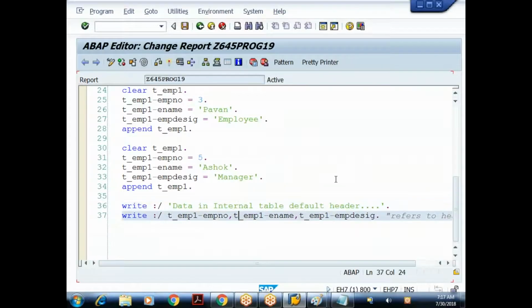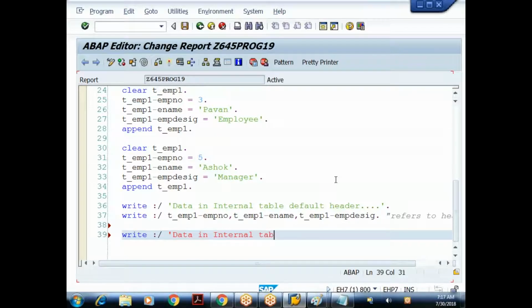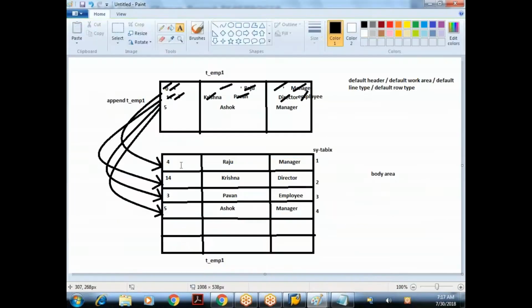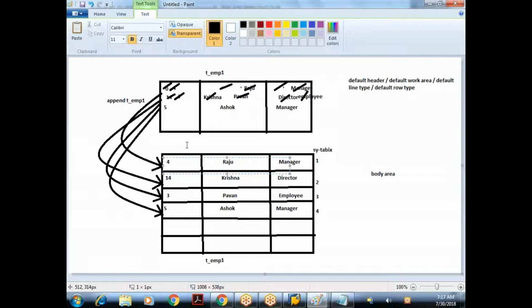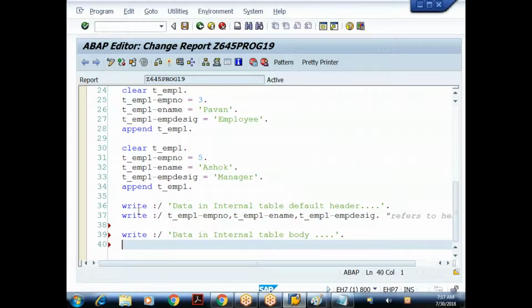Last week we discussed some basic looping statements like while, endwhile, do, and enddo. Similarly here, I'll give a message: data in internal table body. To print each and every record from the body, I need to populate each record from the body to the header, because for displaying we have to use the write statement.